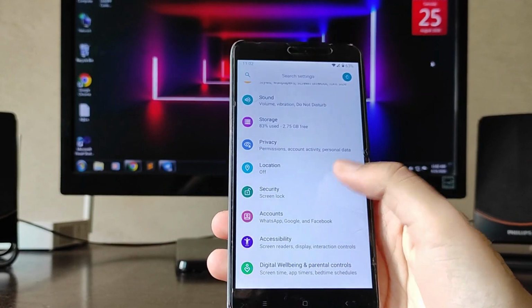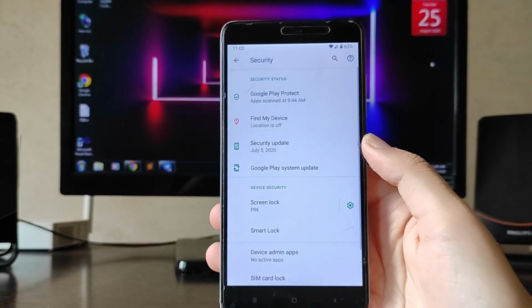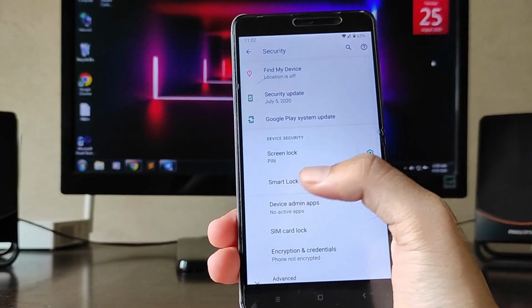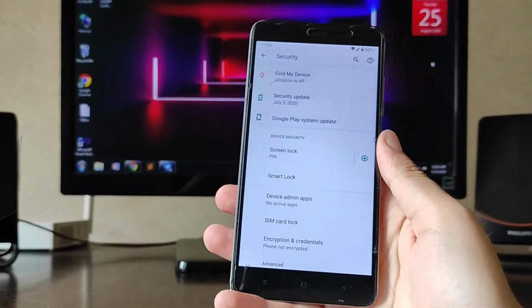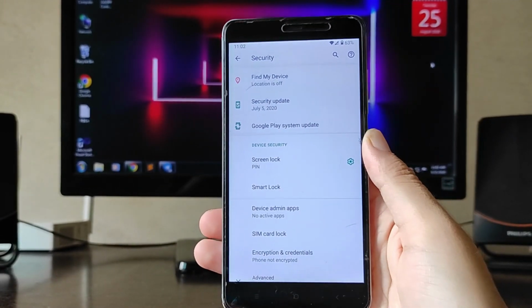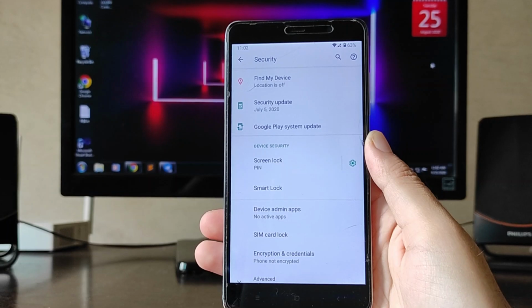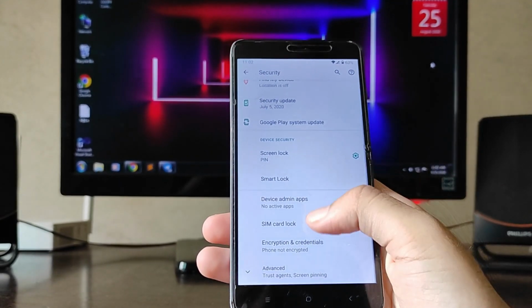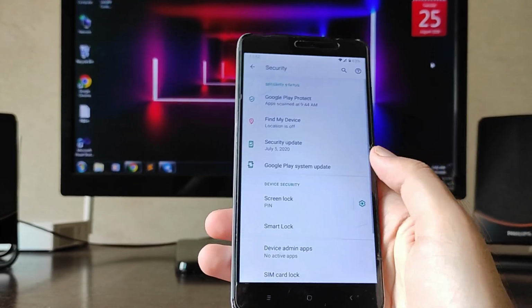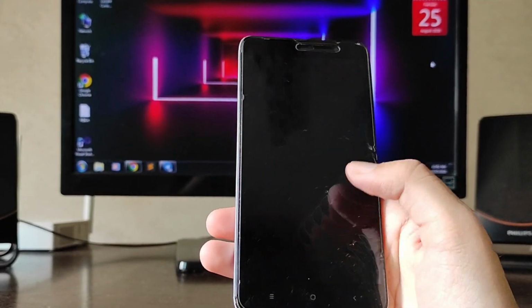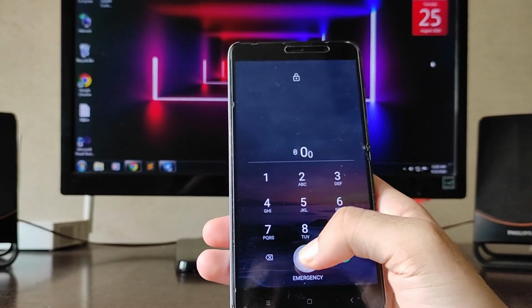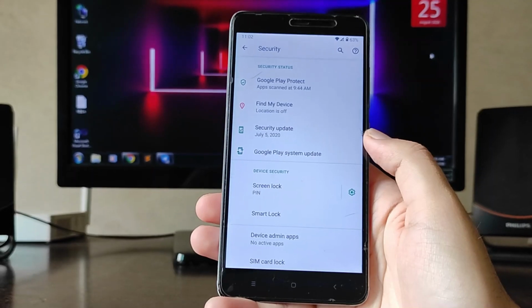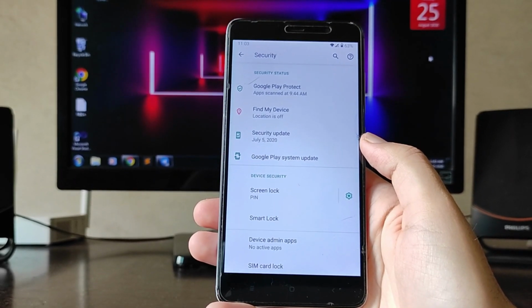Then going to the security option. I don't know why, but what's wrong with my phone here? The fingerprint option is not available. By the time I set it up, at that time there was the fingerprint option, but after I rebooted the phone and installed Magisk, after that the fingerprint option is not there. So this is a big problem, because the fingerprint option is not available. But it might be only for me, since at first it was available. Just check it. It might be available for you.